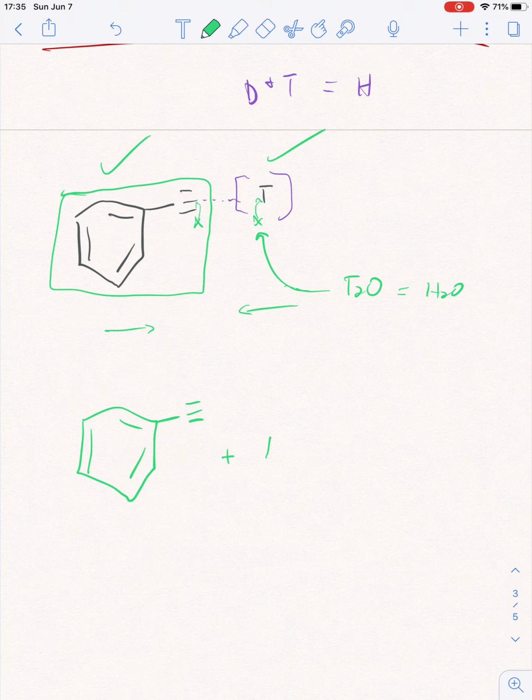To do that, you run it with NaNH2 or a carbanion, but normally it's NaNH2. This is extremely basic, so it will pull off this hydrogen, giving us